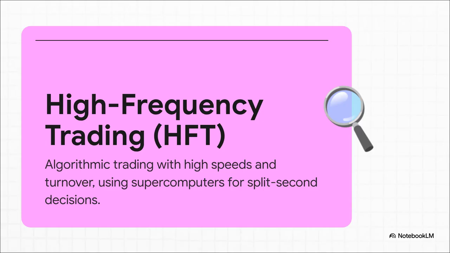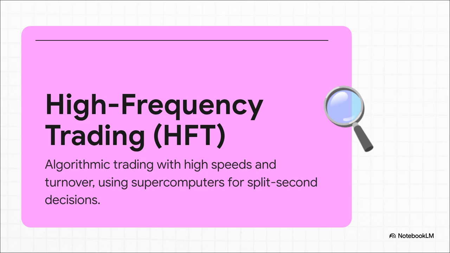And that instant data feed, that's the lifeblood of what we call high-frequency trading, or HFT. It's all done with algorithms, but the name of the game is pure, unadulterated speed. We're talking about supercomputers finding and exploiting tiny little price differences that exist for maybe a fraction of a second. This isn't about long-term investing. It's a game of speed, executing millions of trades at a rate that's physically impossible for a human brain